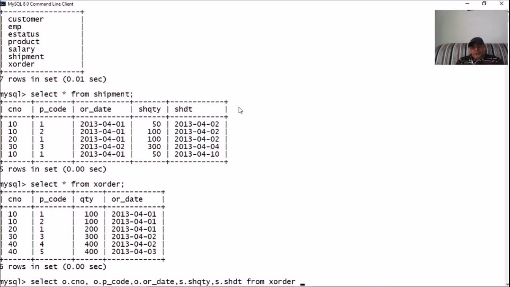And needless to mention that we are using the alias O for the X order table. Join on, join. What is the name of the table we are going to join? Shipment. And the alias we are using for shipment is none but S. On